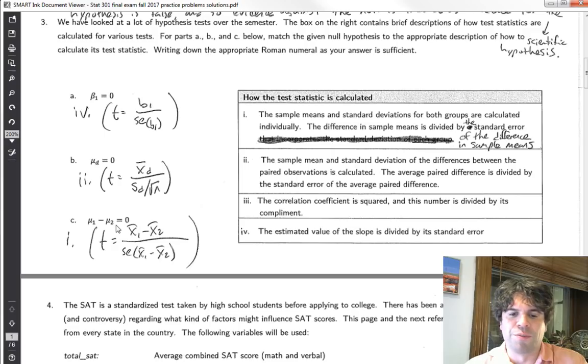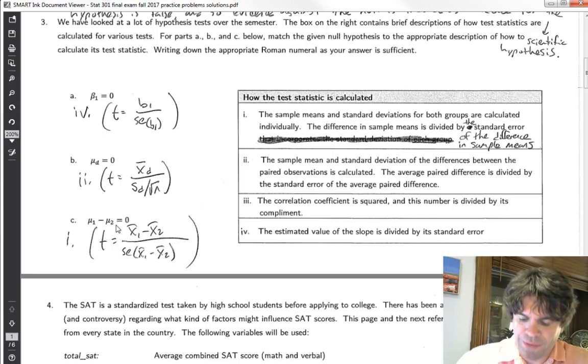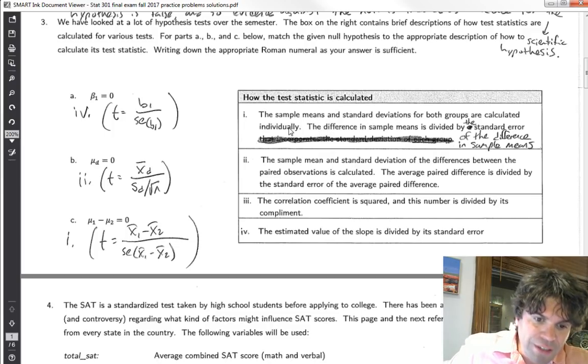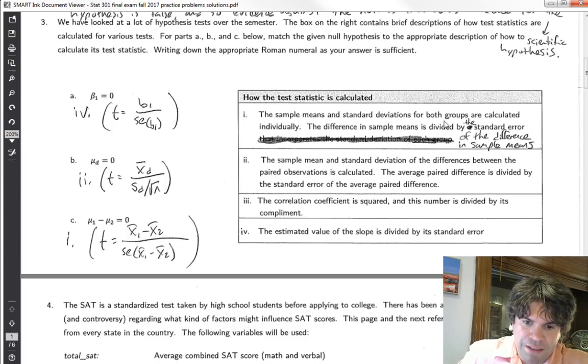We then say the control group is like a random draw from the population of all people who would be subjected to control. The treatment is like a random draw from the population of all who would be subjected to treatment, but the key here is we have two populations. So in Roman numeral 1, the sample means and standard deviations for both groups are calculated individually, and then the difference in sample means is divided by the standard error of the difference in means. The key here is that we have these means being calculated individually. So there you go, the numerator here, x bar 1 minus x bar 2, the means of two separate groups calculated individually, as opposed to